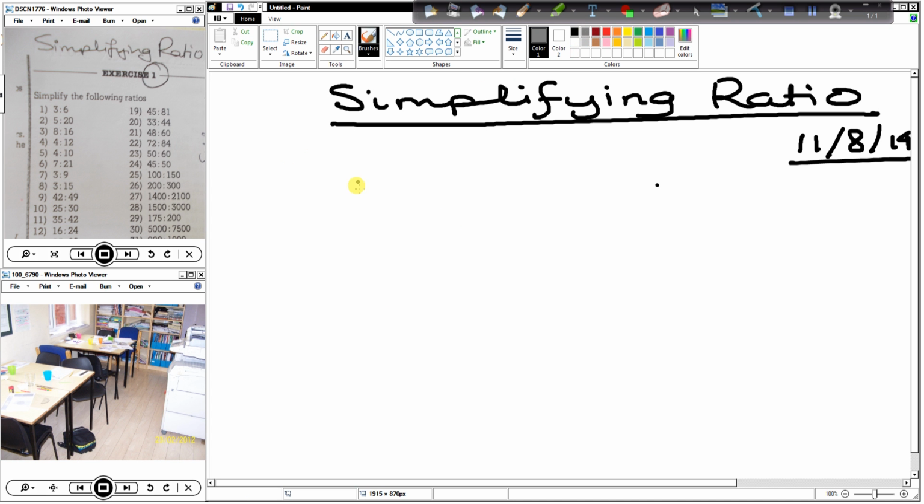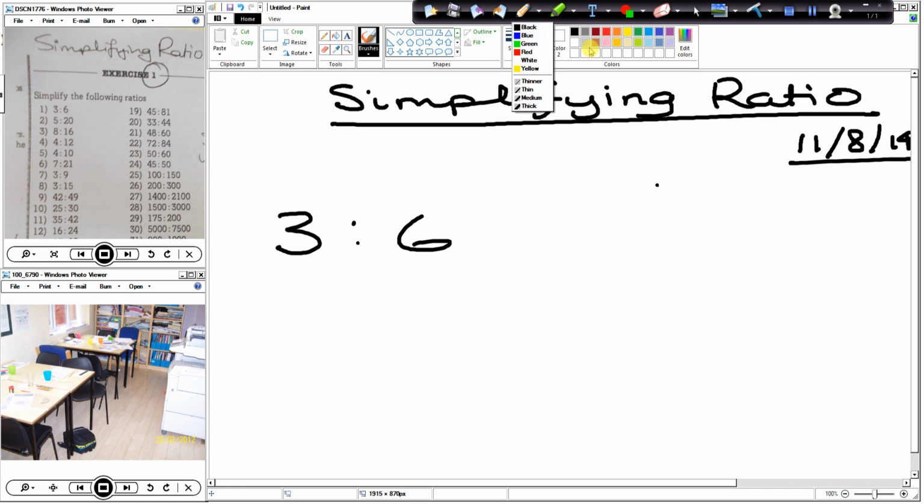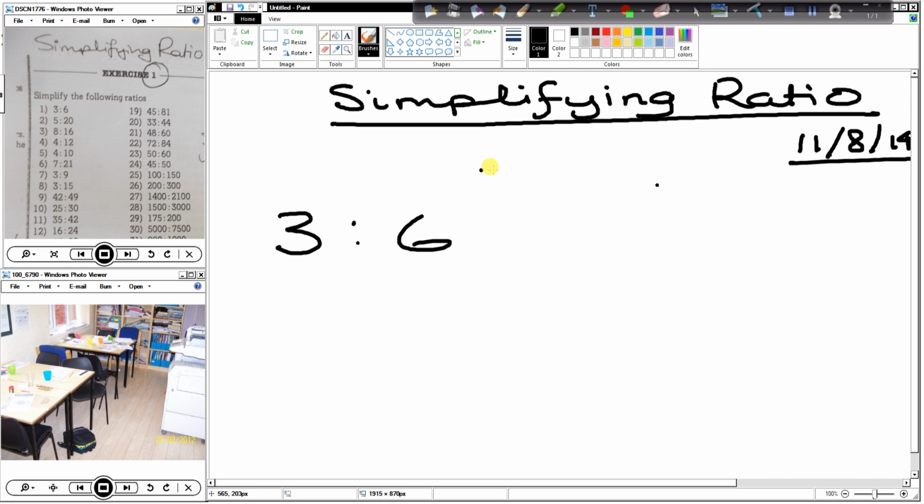When we simplify ratios, what are we talking about? For example, the first one is 3:6, question number 1 from over here. When we are simplifying ratios, yes Yusuf, go on. We're trying to get it down to the lowest ratio. So 3:6, you couldn't get it any less because... Are you sure? We look at the,